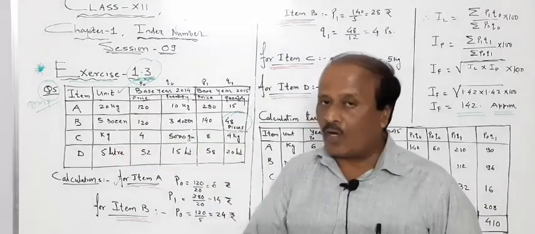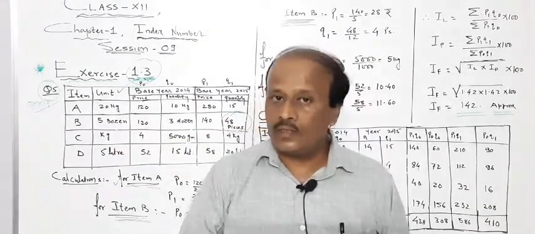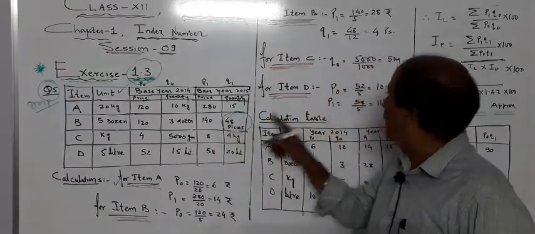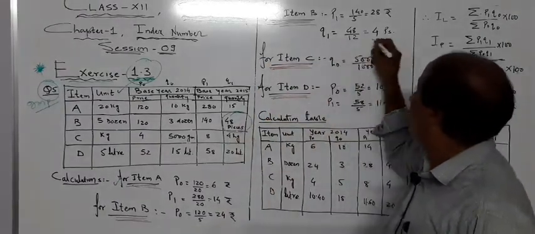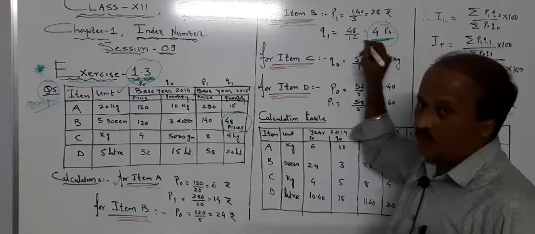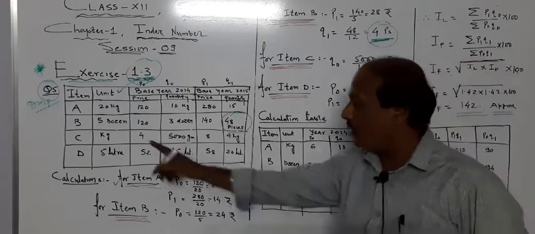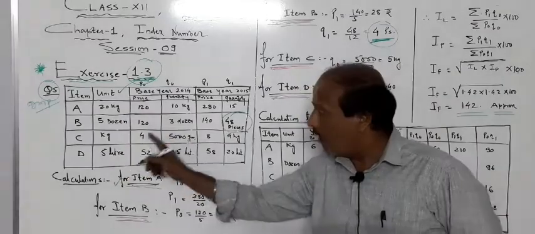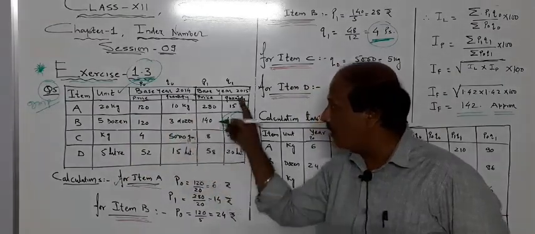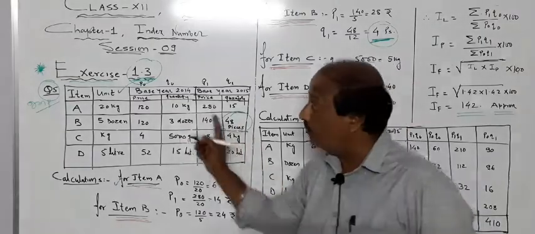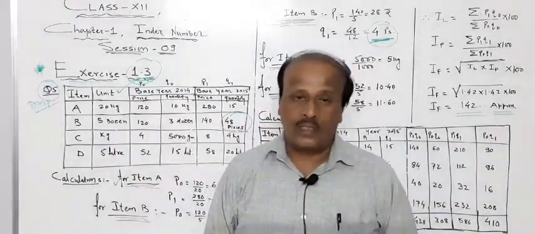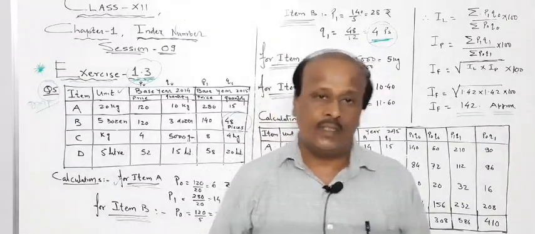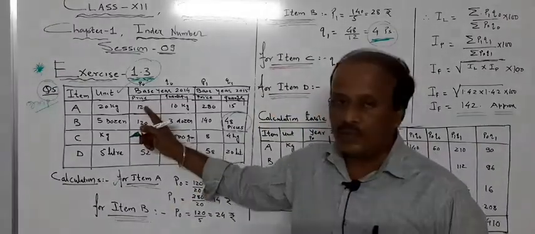And in 1 dozen, how many pieces come? In 1 dozen, 12 pieces come. So here 48 divided by 12, then you will get 4 pieces. Remember, this calculation is also very important. Your eyes should be on the unit, and you will have to see whether the prices and quantity are in the form of that unit or not. Practice this type of question in the examples also. 1 or 2 nice examples are given, and they prepare this type of question in the board exam.